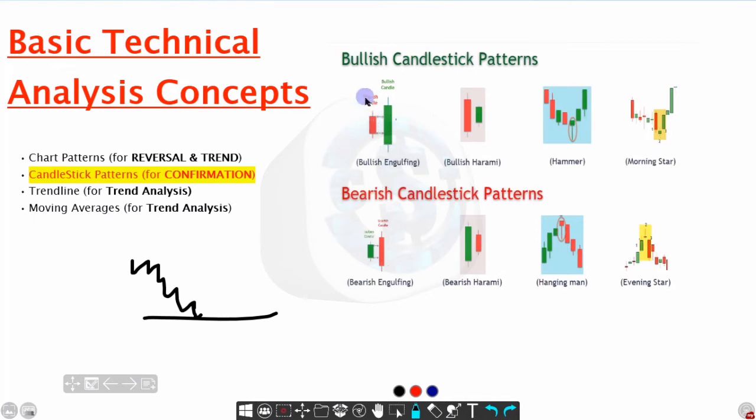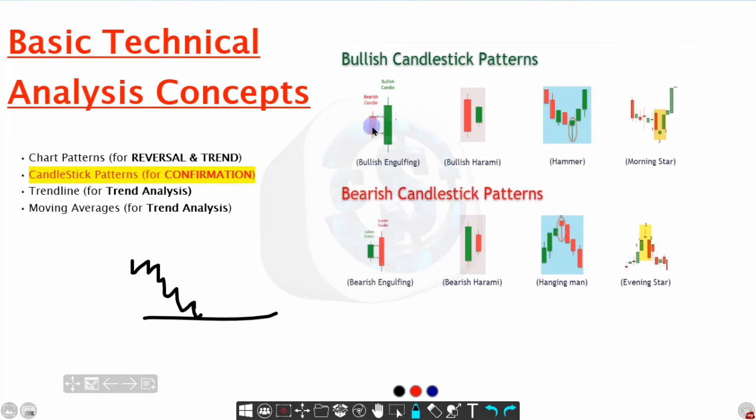So the candlestick pattern here, this is a bearish candle, and then you have a bullish candle. You can see that the bullish candle totally engulfs, totally envelopes the bearish candle. Okay, so that is actually a bullish engulfing pattern. So here it's a bullish engulfing pattern, and if it's a bearish engulfing pattern, then that means that this